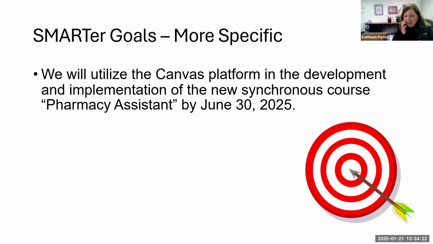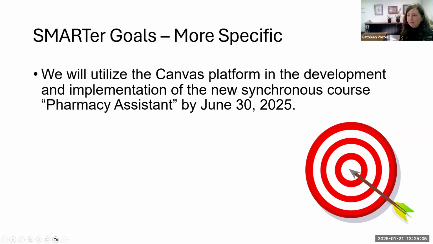Oh, yeah. So the question is, is the goal to increase enrollment in the classes or the program? Right. We don't really know what the goal is. We need some way to measure this, right? Oh, Stacy says maybe we could measure it by the number of students. Maybe this is going to increase enrollment in the program. Yes, we need it to be more measurable for sure. What percentage of the course will be in Canvas? That's right. All of those things would help strengthen this goal by making it more specific.